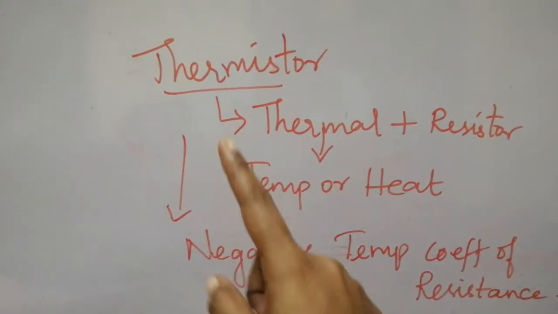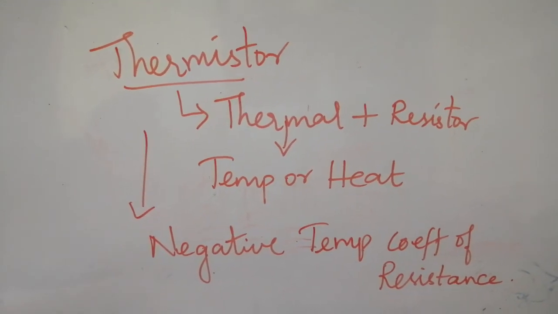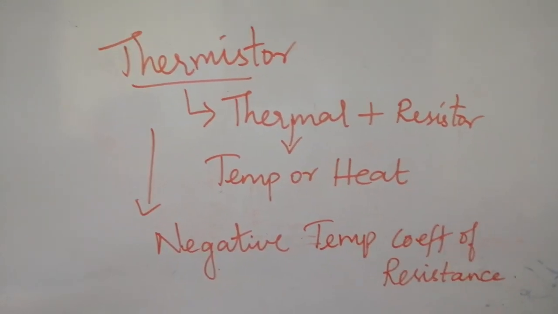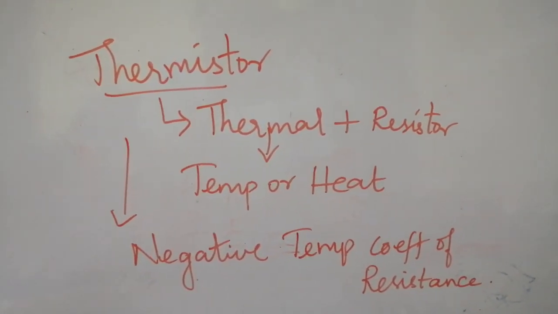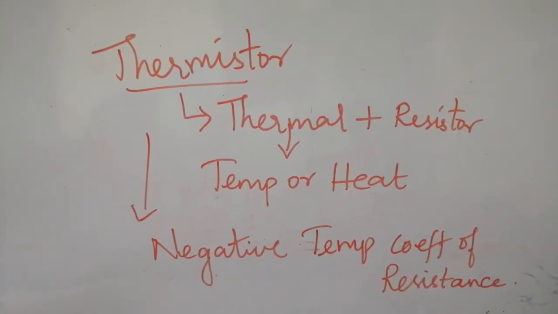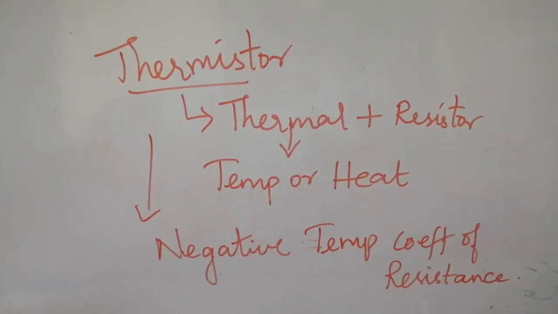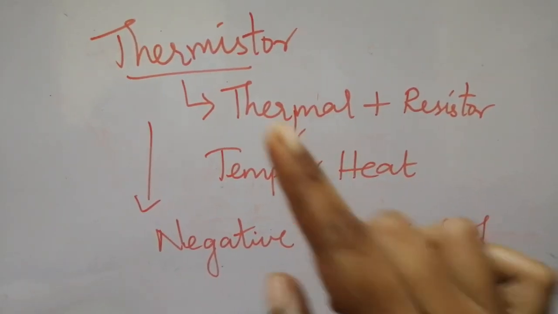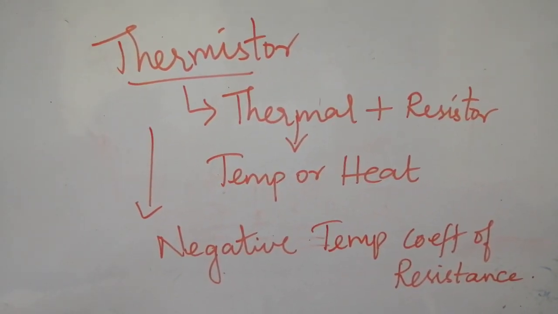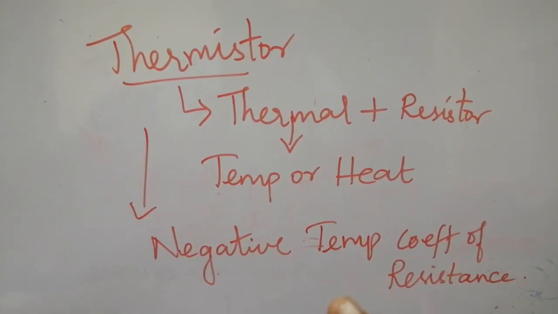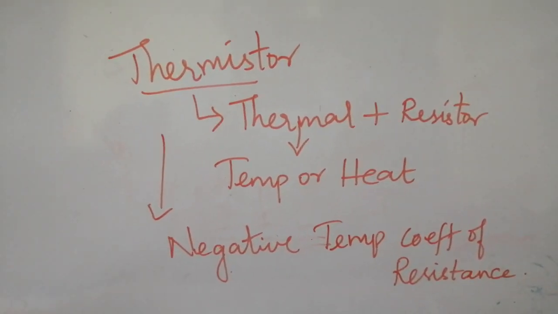Okay, so this thermistor is called the negative temperature coefficient of resistance. So the alpha would be the inverse of what happens for the semiconductor. Actually we saw that for the semiconductors, when you increase the temperature, the resistivity will decrease. For some kind of thermistors, when you increase the temperature, the resistivity will also increase. Such kind, that is the inverse thing, is called negative temperature coefficient of resistance.